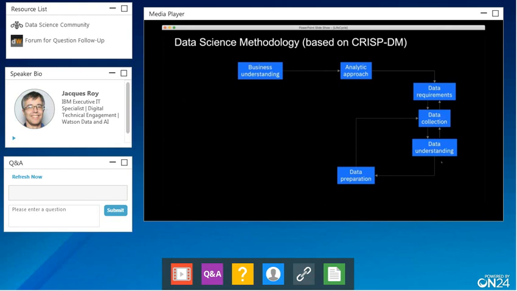And when we look at all this, basically what we see is all that takes about 80% of the time in terms of data collection all the way to preparation. And so what that tells you here is that there's different types of people that need to be part of a data science team.